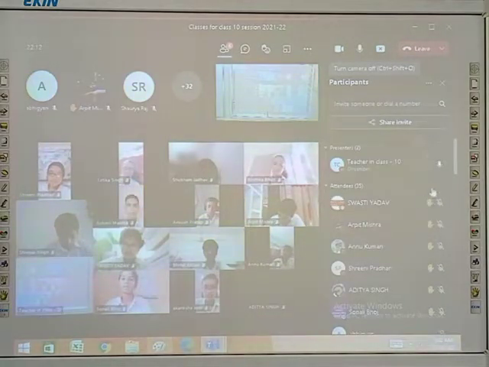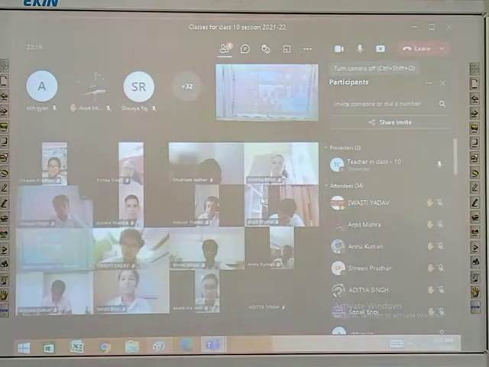Swasti, Arpit Kumar Mishra, Anu Kumari, Srini Pradhan, Aditya Singh and Sonali Bose. Only 6 students can do this question, but the remaining students